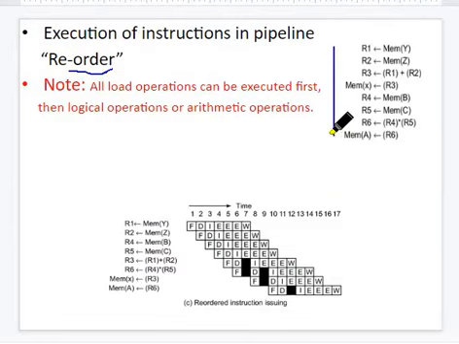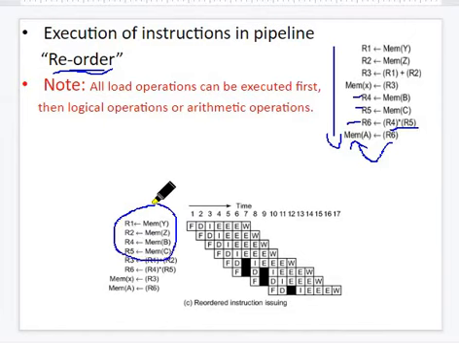So what is the given instruction order? Taking the y location, loading on R1, taking from the z location, loading on R2, performing the operation, storing the result in R3. Similarly, take data from the B location, take data from the C location into separate registers, perform the arithmetic operation, and get the result into memory. Now the word is reorder. What do you mean by reorder? Finish all loads first.